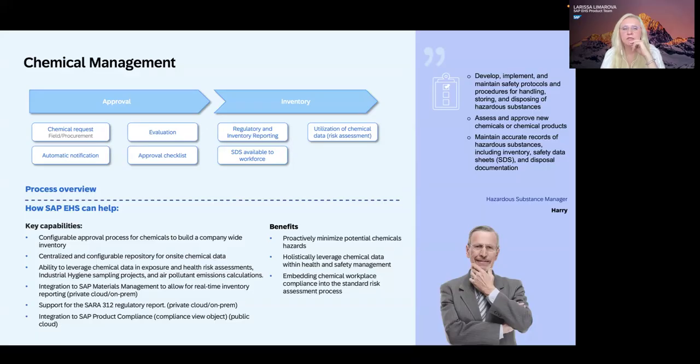and also used in the air pollutant emissions calculation. So it's essentially all hanging on this central repository. And if we look at the typical chemical management process, and that's SAP EHS process as well, it starts with